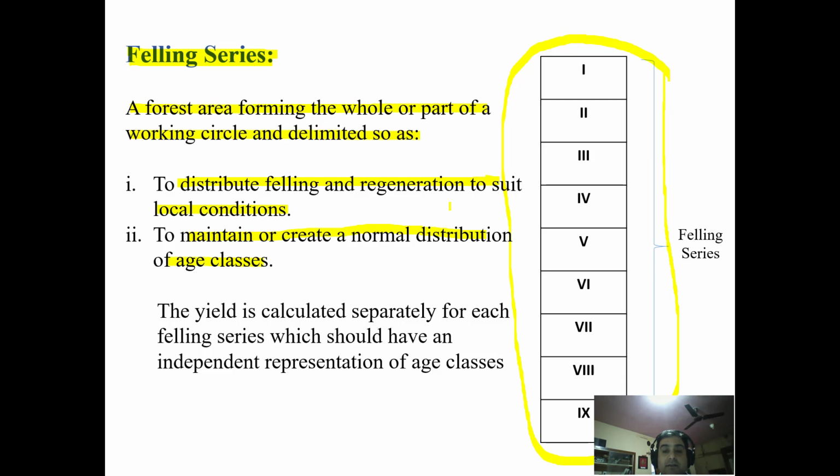of age classes. Now, first we have to fell the trees and get produce from the working circle. So it is divided into felling series, and each felling series has annual groups. This is one annual group: 1, 2, 3, 4, 5. Now, why? It is to regulate fellings every year. Coop 1 means we have to fell the timber in the first year, then we move to the second year, then move to the third year. Like we have this felling series 1, we may have another felling series. It will have similar age gradations for regulating the felling.